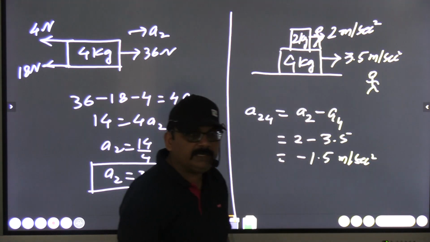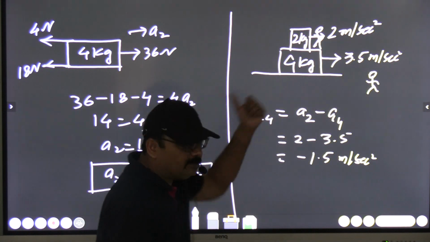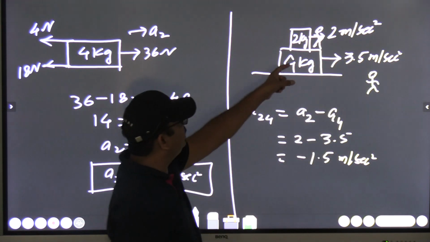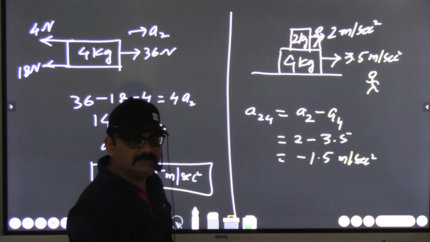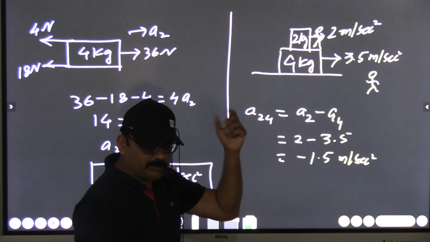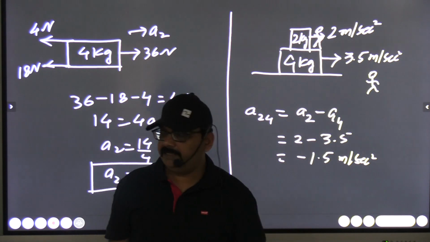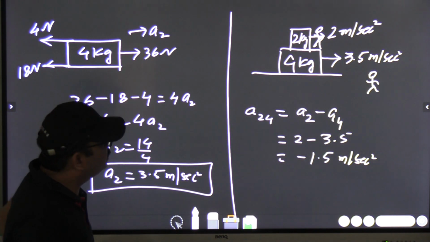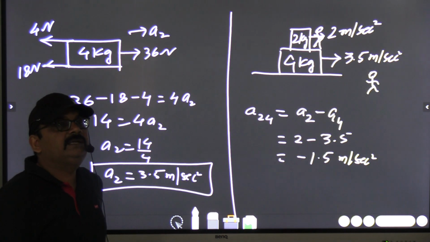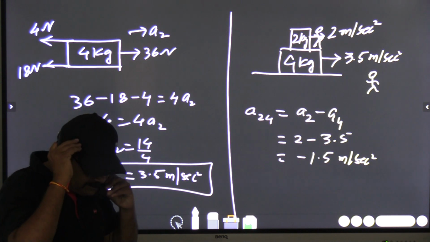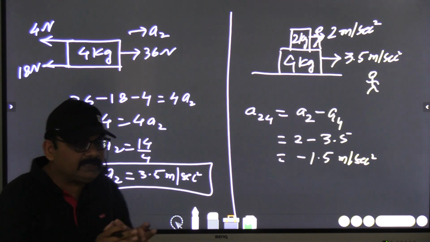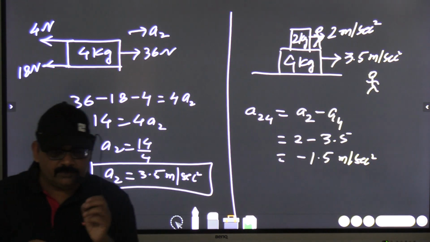What is the meaning of the negative sign? The negative sign means in backward direction. So for this observer, the lower body is at rest and the upper body is sliding in backward direction with an acceleration of 1.5 meter per second square, right? So overall this is the question, and this is the way we solve this kind of question of getting the acceleration. Ultimately, what is the main task? You have to write the script, then find the pattern of the motion of the blocks.